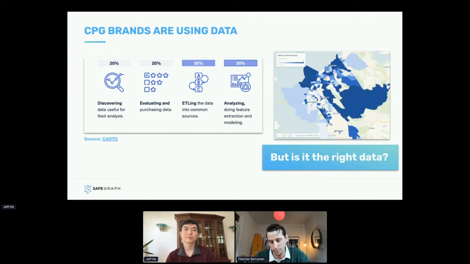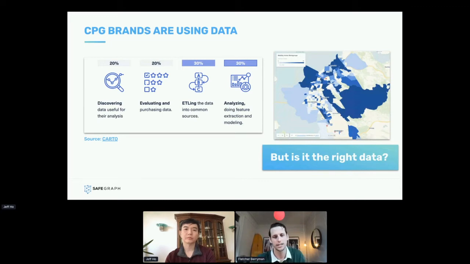We don't provide services, beyond obviously support and everything that happens in respect to the data product. We focus exclusively on creating ideally the best-in-class spatial data around, and specifically we focus on points, mobility data, or device level pings, and then geometries. So we call those proprietarily, respectively, our core places or POI data set, patterns, which has a